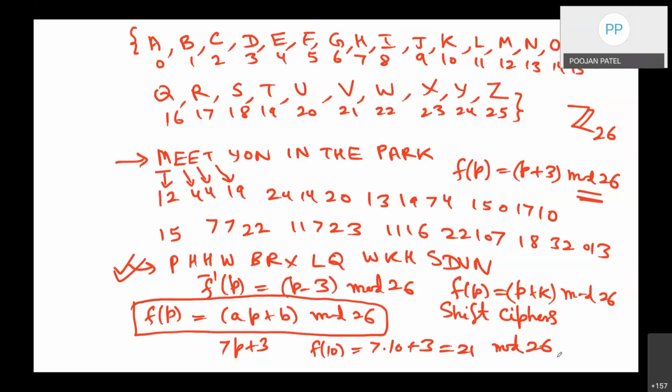Sir, here f inverse will again give that previous original message. If we apply f inverse here, we will get the previous message. Yes, correct. I'm saying that in the first message, if I apply f inverse directly, we will get some other message. Everything will be shifted back, right? Because we need to keep modulo 26 in place.